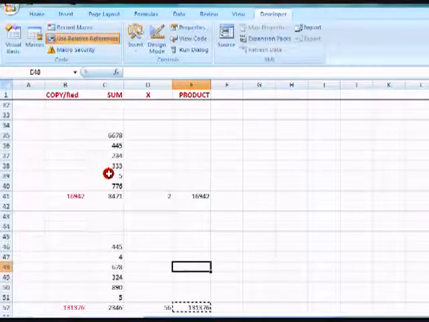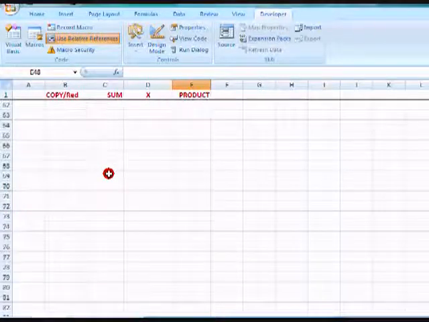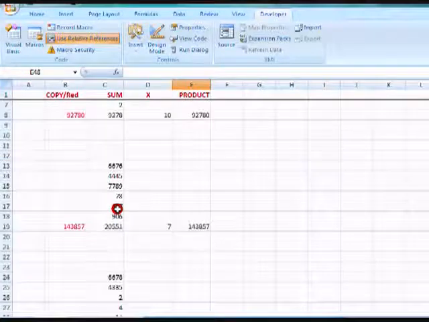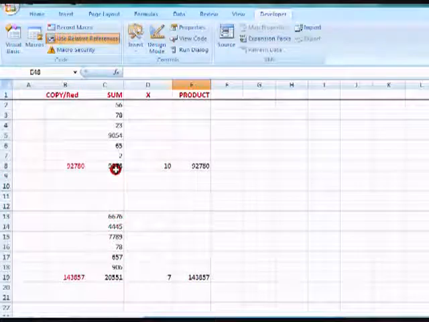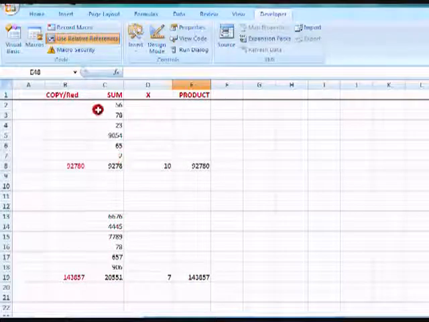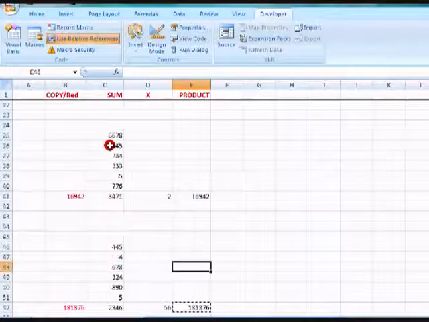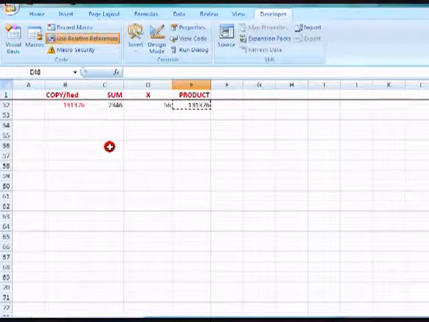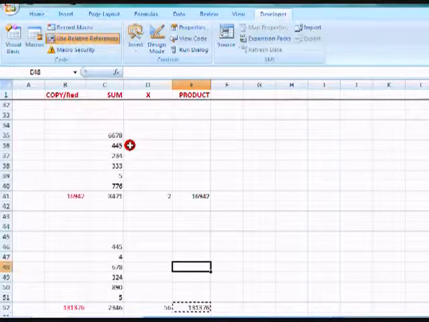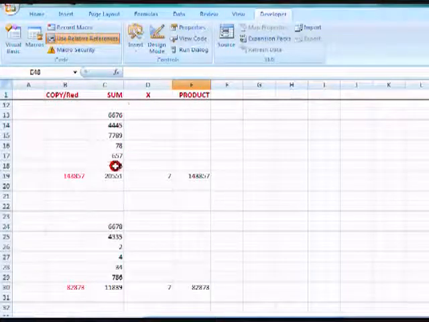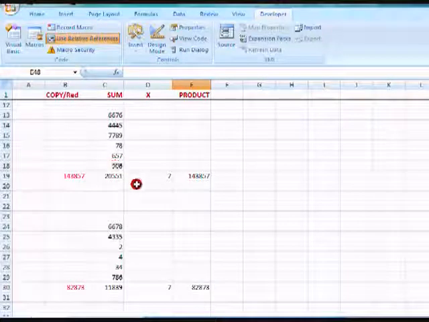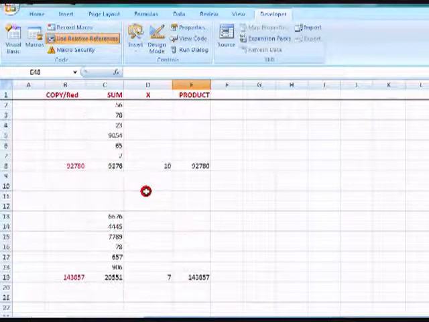Imagine if you had to do this for hundreds of items, hundreds of sets of data. You can also have made the macro much more lengthy and have done maybe 5 to 10 of these all together and recorded all that. You can do 10 at a time or 50 at a time. And that's pretty much